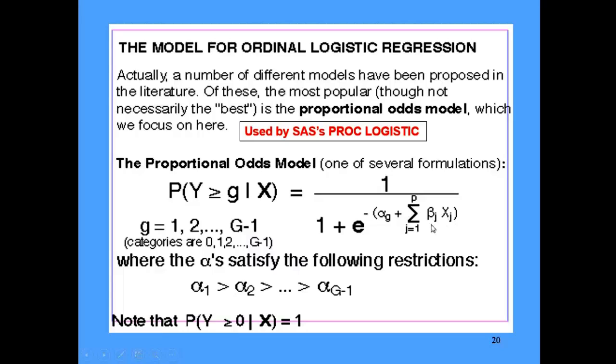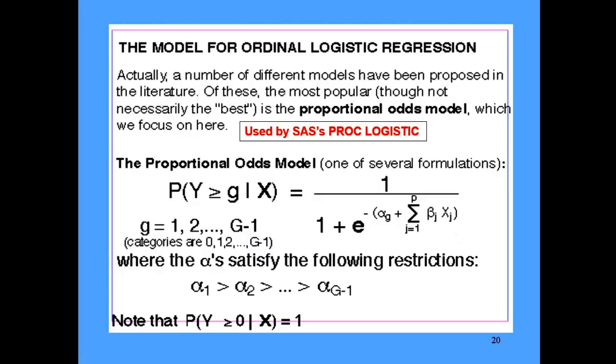But what you may notice, you see it says beta j over here, but you don't see a little subscript g. It doesn't say beta jg. So there's only one coefficient for each different predictor variable. That's what this says, and that's what the ordinal logistic